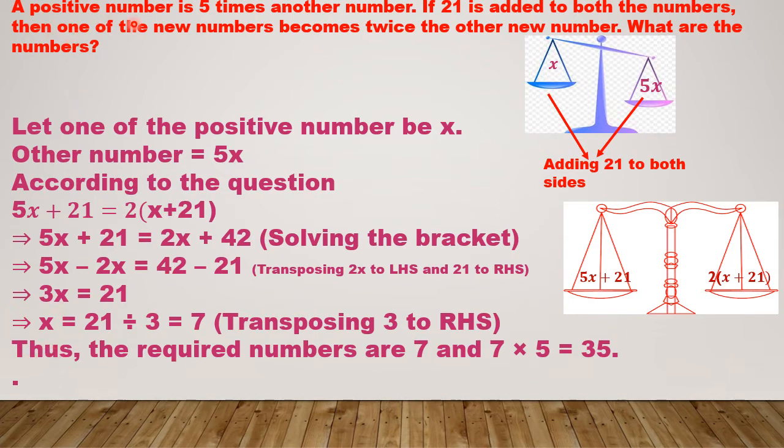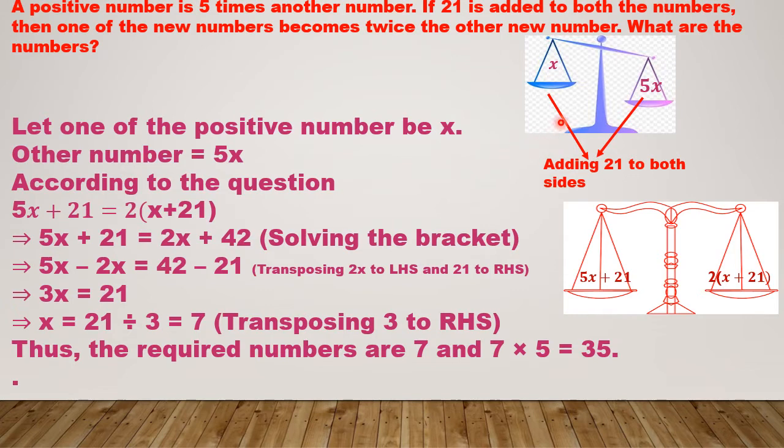One of the positive numbers is 5 times another number. If 21 is added to both the numbers, then one of the new numbers becomes twice the other new number. What are the numbers? Here we are talking of positive numbers, so we must write that let one positive number